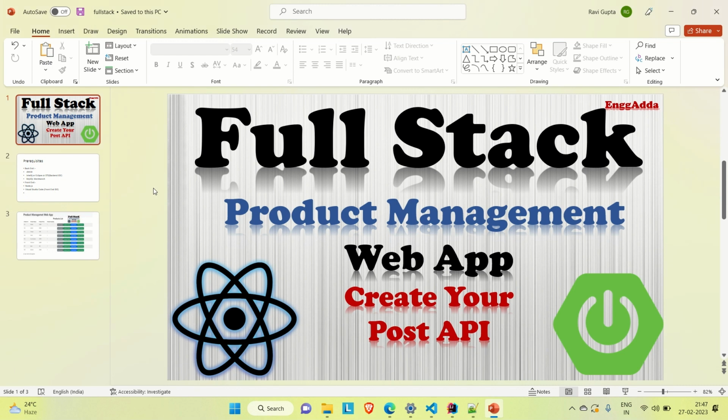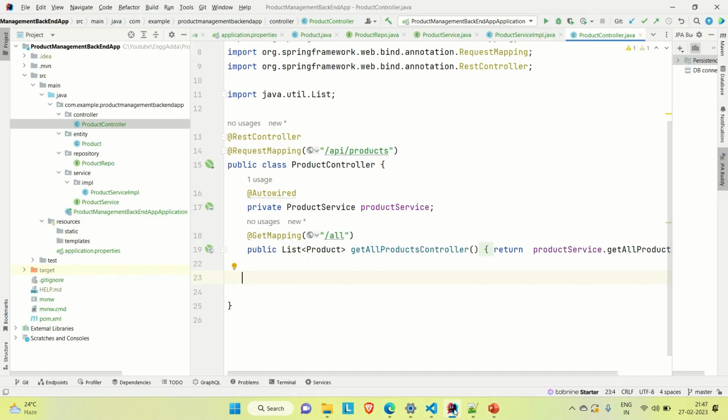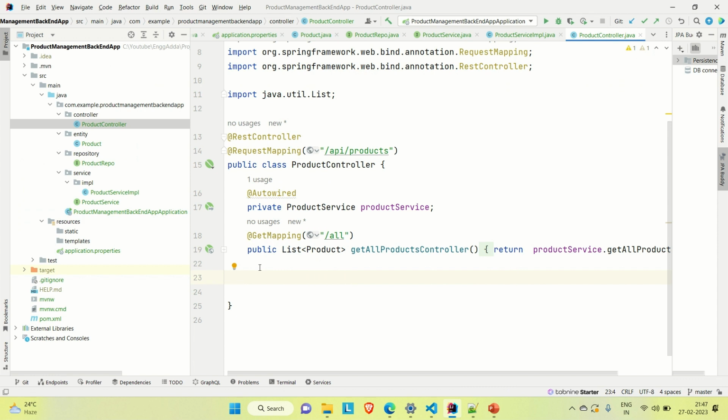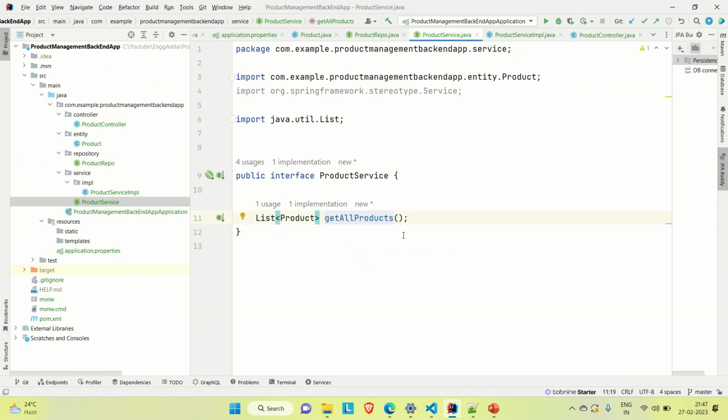So now let me go to the IntelliJ. So this is the application that we have developed. Now here in the controller we need to create one post mapping. Okay, so before creating the post mapping, let me go to the product service interface and then create one method here. So let me copy this and let's say we are inserting one record. So let's say the name of the method is insert product